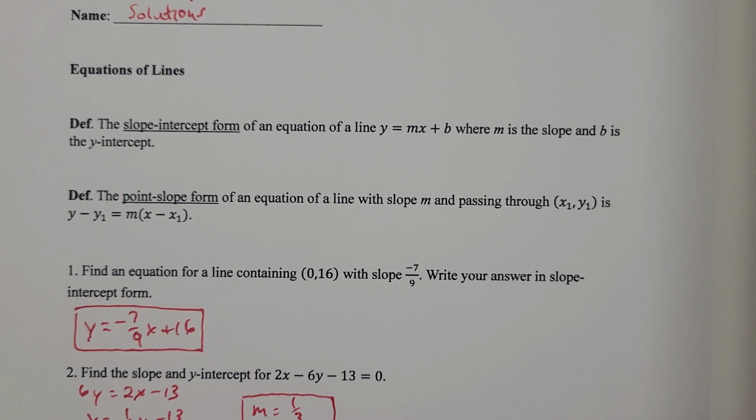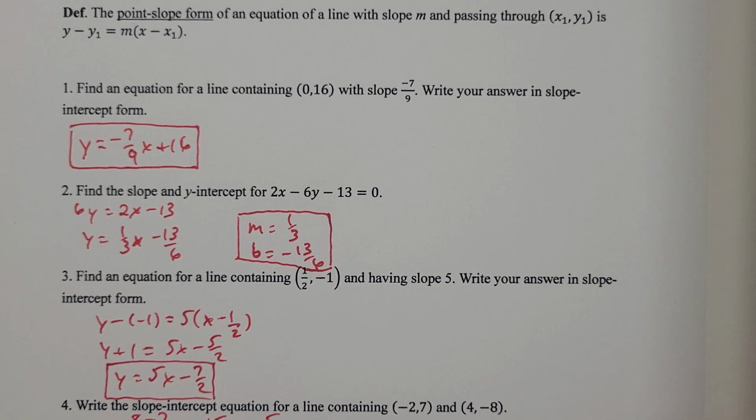And then there's the point-slope form. It says the point-slope form of an equation of a line with slope m and passing through the point x1, y1 is y minus y1 equals the slope times x minus x1. Okay,